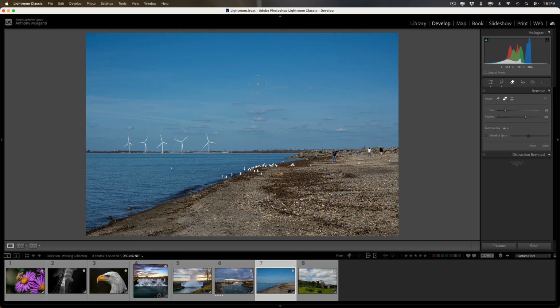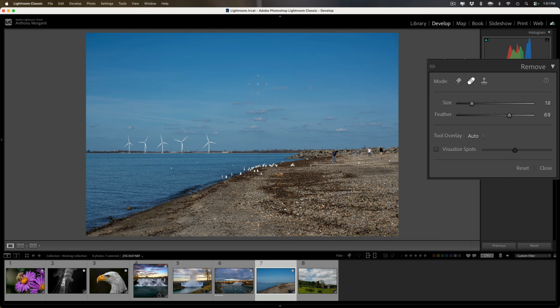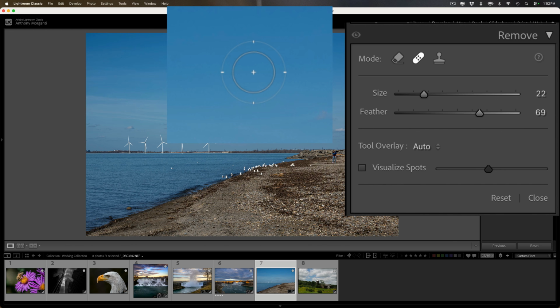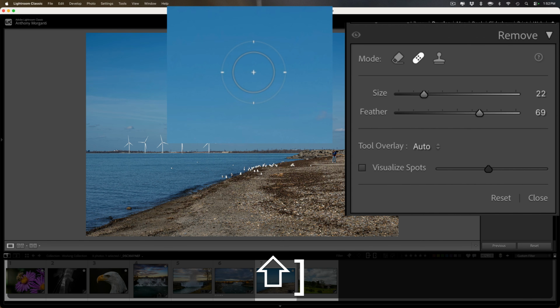You probably already know that you could adjust the size of the brush, of course, with the slider or with the bracket keys. The right bracket key will make it larger, left bracket key smaller. What you may not know is that if you hold in the Shift key and you hit those bracket keys, you'll affect the feathering. So you could see that I'm increasing the feathering with the right bracket key while holding in the Shift key, and I'm decreasing the feathering by holding in the Shift key and hitting the left